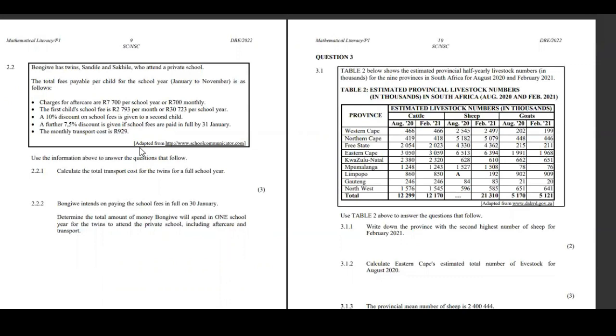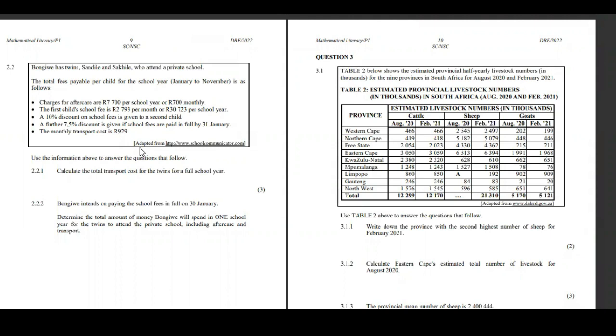Then 10% is the discount on the second child. Then a 7.5% discount is given when you pay your school fees before or by 31st January. Then the monthly transport cost is